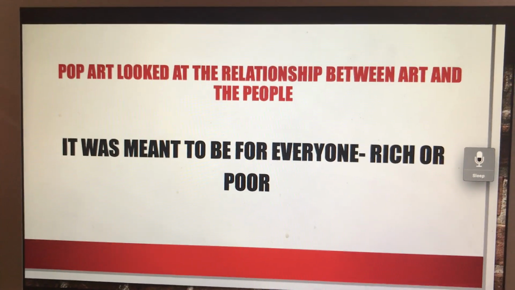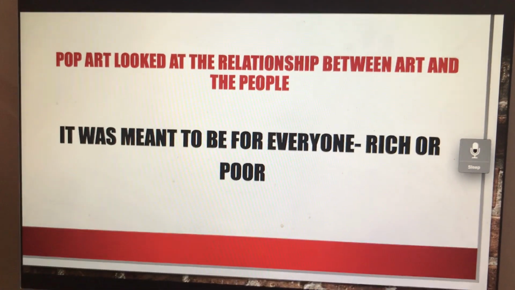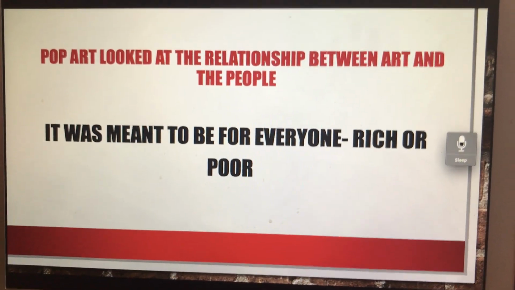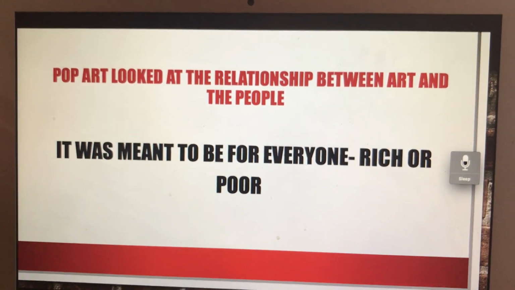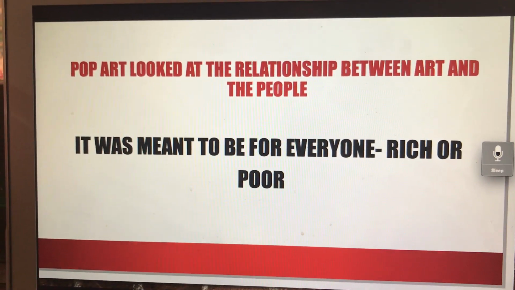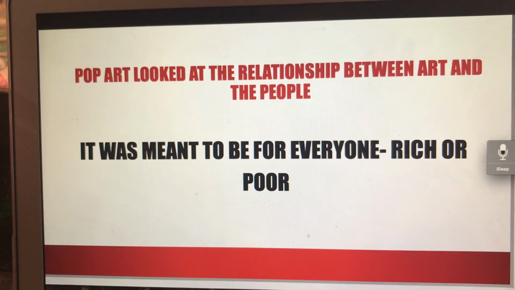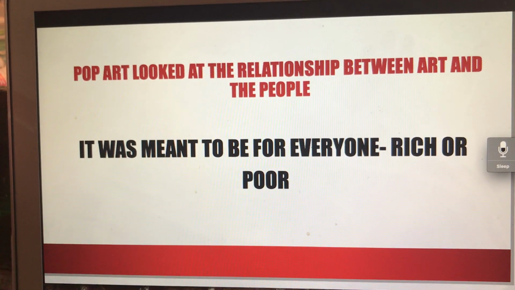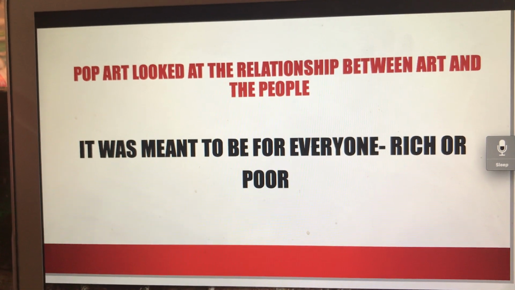Pop art was super exciting because it was meant to be for everyone. Not just the rich to enjoy and understand, and not just for the poor to enjoy and understand. It's meant to be for everyone. And pop art looked at the relationship between art and all the people